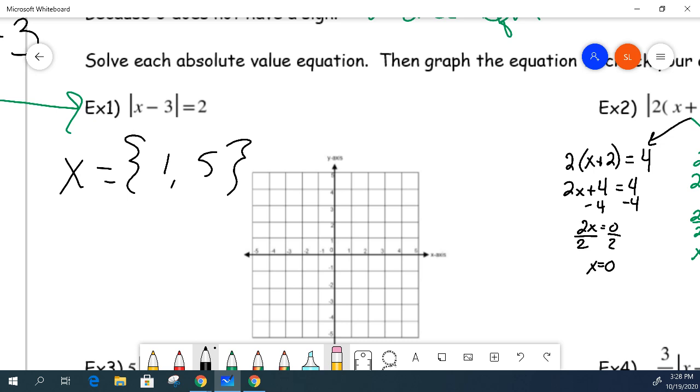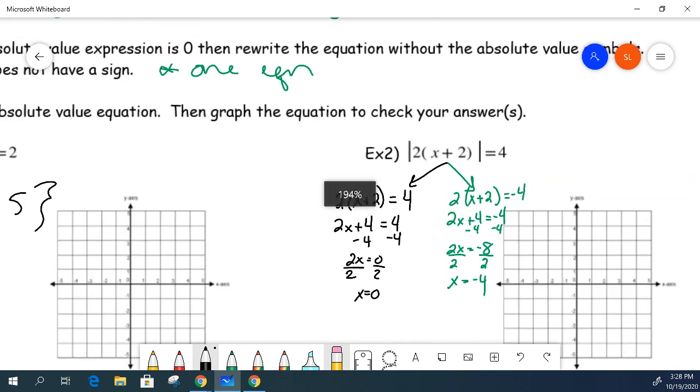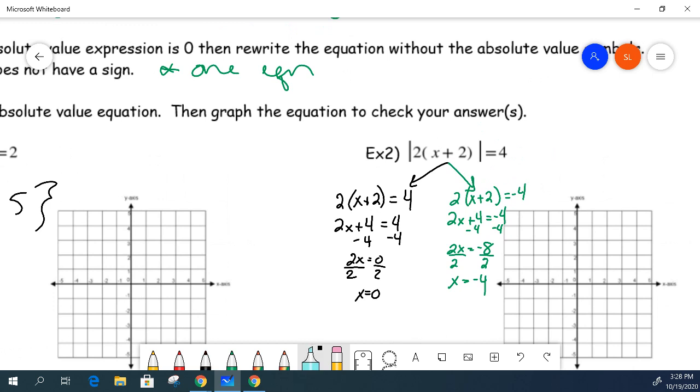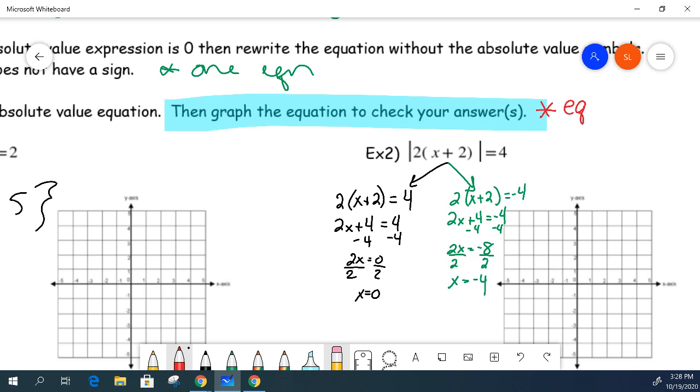So right here, graph the equation to check your answers. Make sure you note that your equation needs to be equal to 0. So what that means is right here, we're going to have the absolute value of x minus 3 minus 2